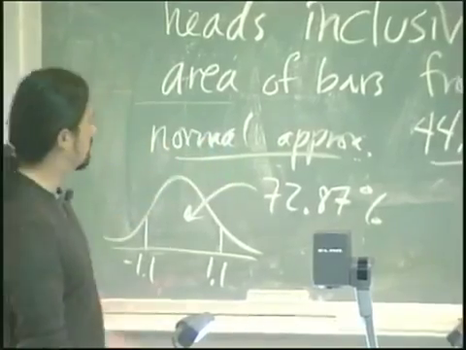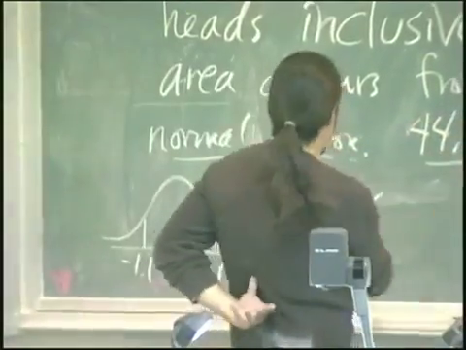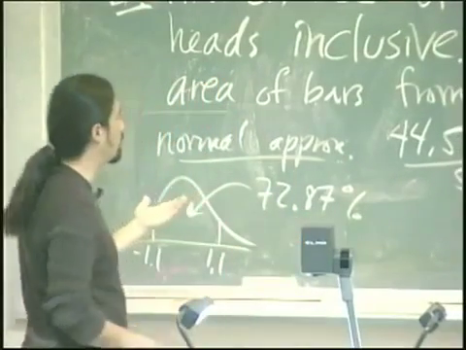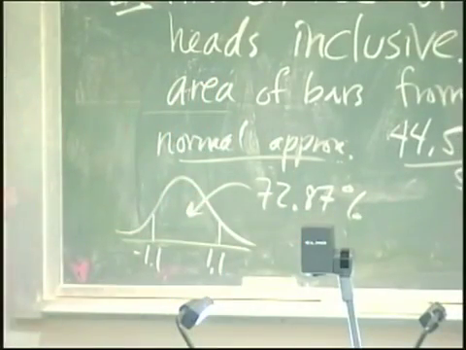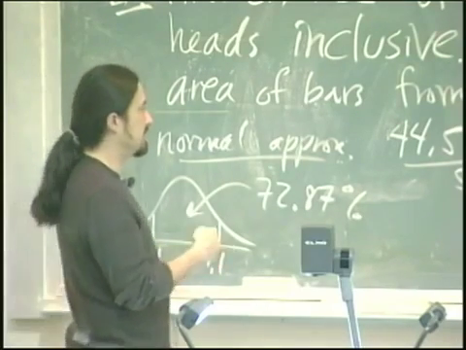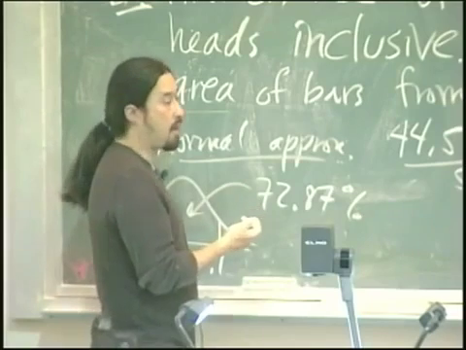So if you just round that, you get the same thing, right? So this is very accurate. Even for 100 coin tosses, it's very accurate. As we have even more coin tosses, like in those pictures, if we do 400 coin tosses, 900 coin tosses, it gets even more accurate, okay?